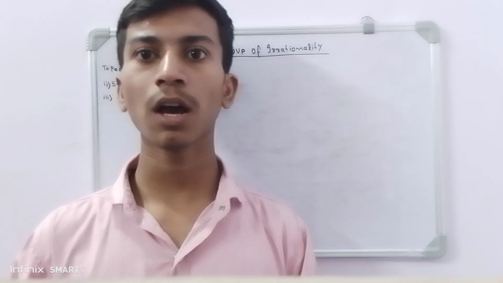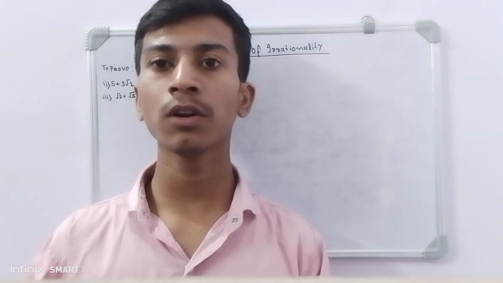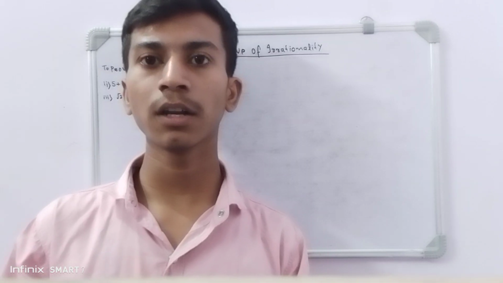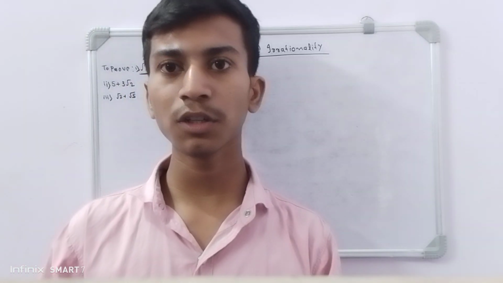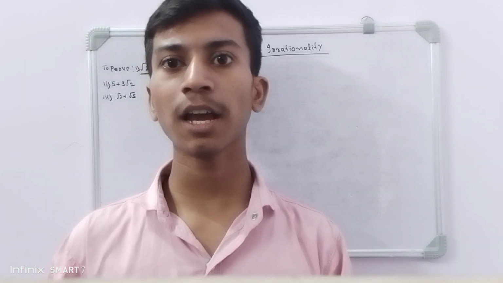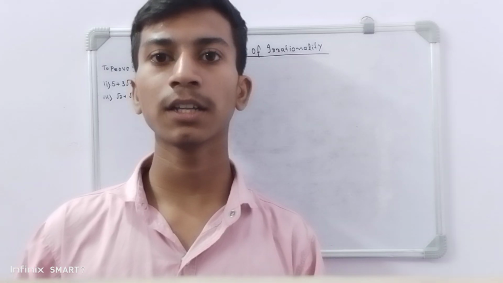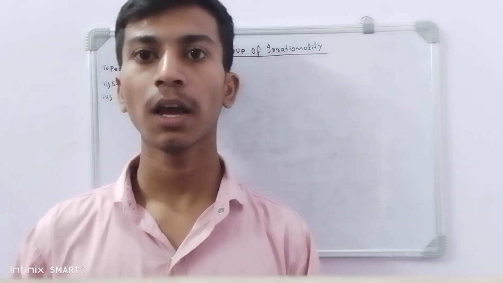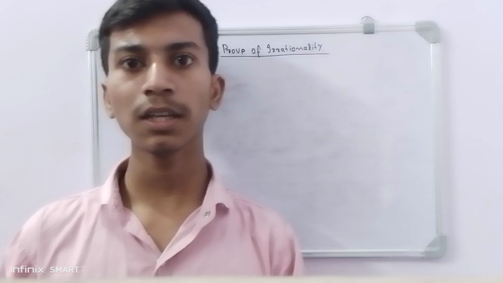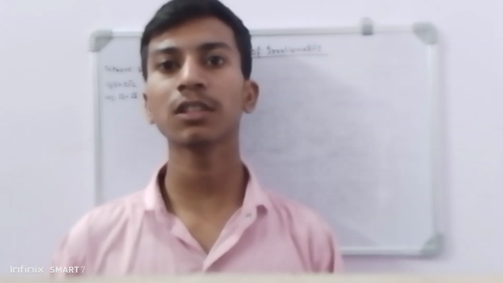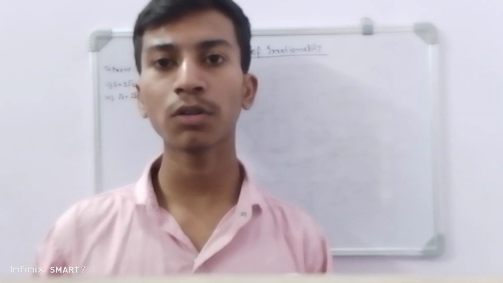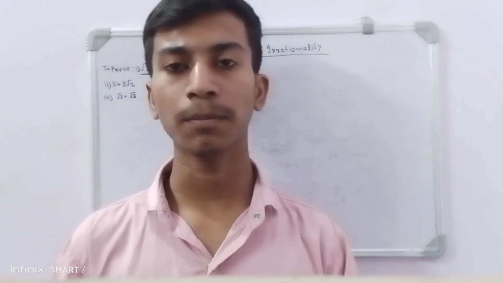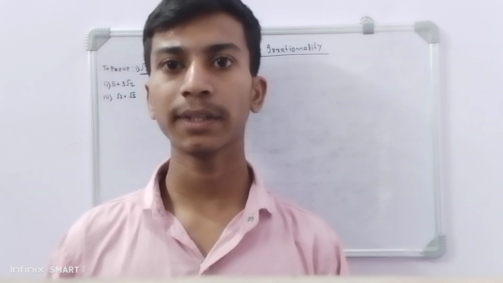In the first episode, I already talked about proving irrational numbers like root 3, root 5, root 10 and so on. So in this video, I am going to discuss the second type of proof of irrationality, which is 5 plus 2 root 3. Mainly three types of questions are asked in the CBSE examination on the proof of irrationality. In this video, I am going to discuss the second step: how to prove a number to be irrational by the contradiction method.